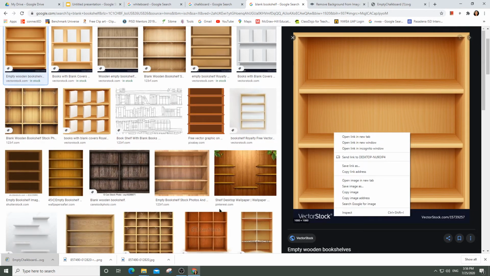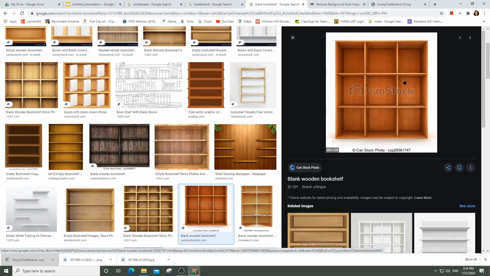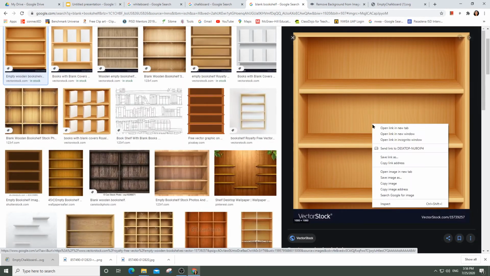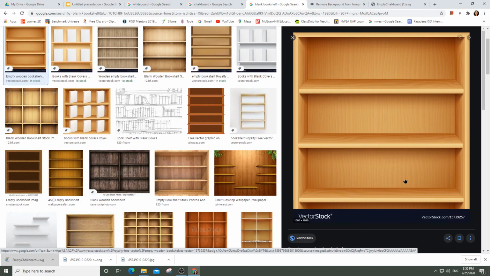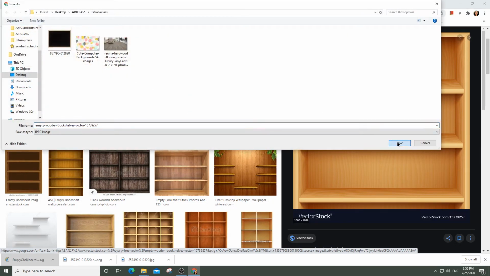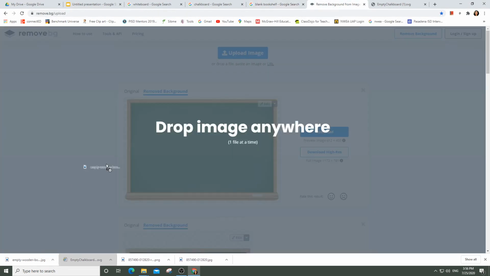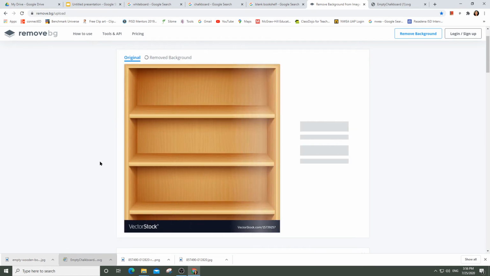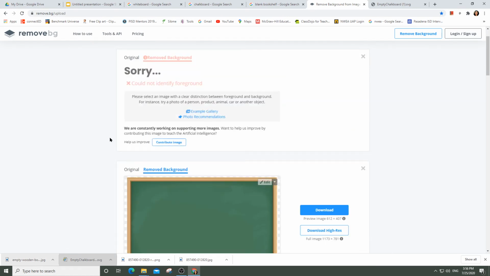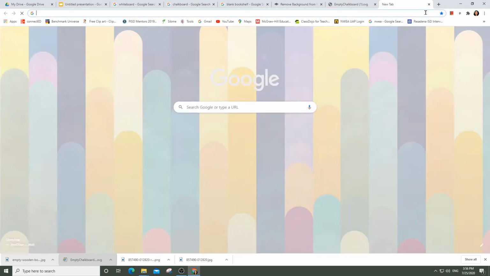And sometimes the bookshelves may have some kind of background letters or background words, and don't worry about that because you can always place something over it, such as a book or something else. But we're going to save our image. Once we save our image, we will do the same thing. Drag and drop the image. And sometimes it will say we could not identify the background. So whenever this happens, you will have to go to a different website called